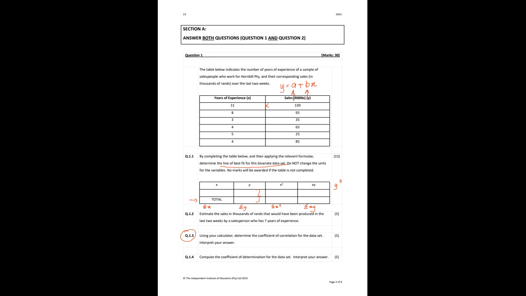And the formula for this, which you'll see in your slides and in your textbook, is n multiplied by the sum of xy minus the sum of x multiplied by the sum of y. And then in your denominator, n times the sum of x squared minus the sum of x within brackets, then squared. So having the table drawn up for you makes it quite easy for you to substitute, because almost everything